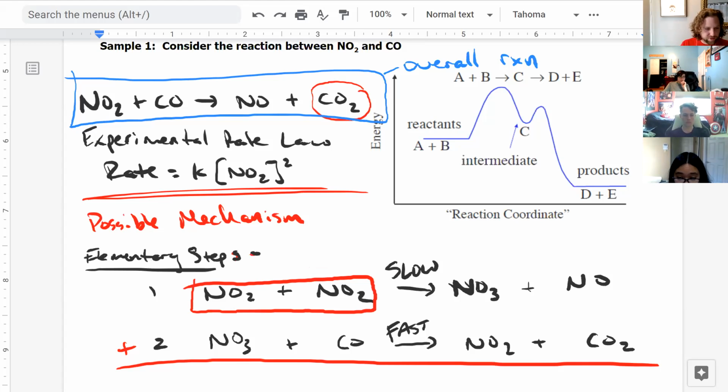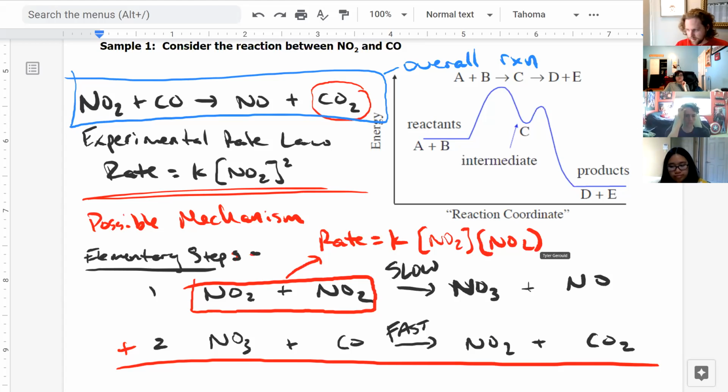Now, ignore the fact that you're adding those together to get a coefficient. If I were to write the rate law based off just the slowest step, the rate law of this step would be k[NO2][NO2], because those are the reactants and we multiply the reactants. But because it's the same thing, I can just transfer that to [NO2] squared. So if we do a rate law based on the slow step, and each of these represents one molecule colliding with another molecule,